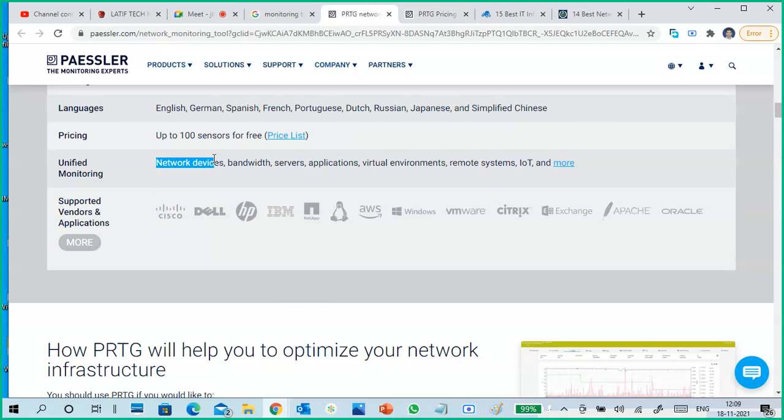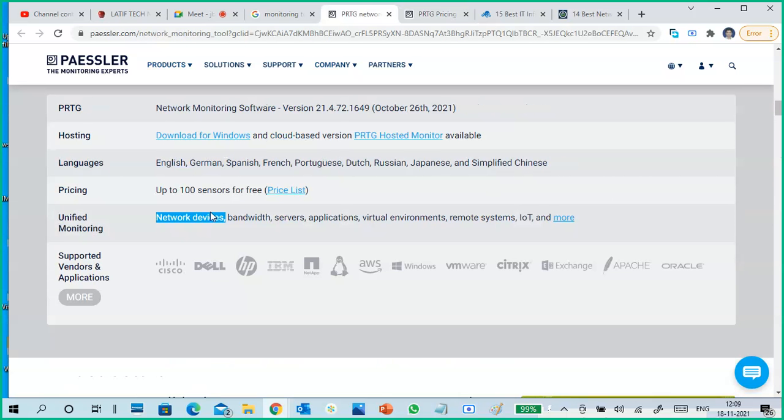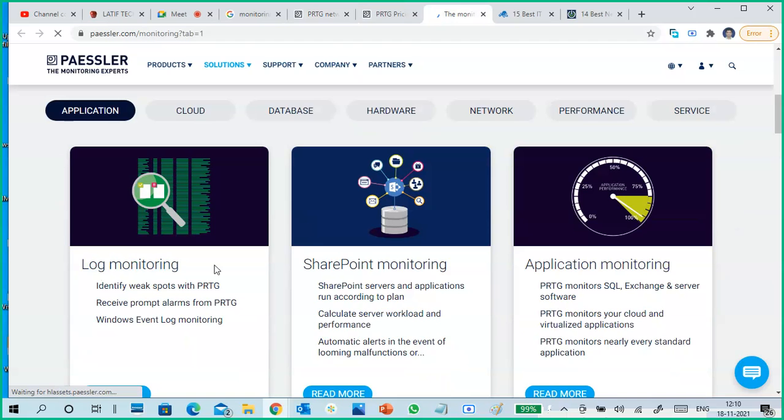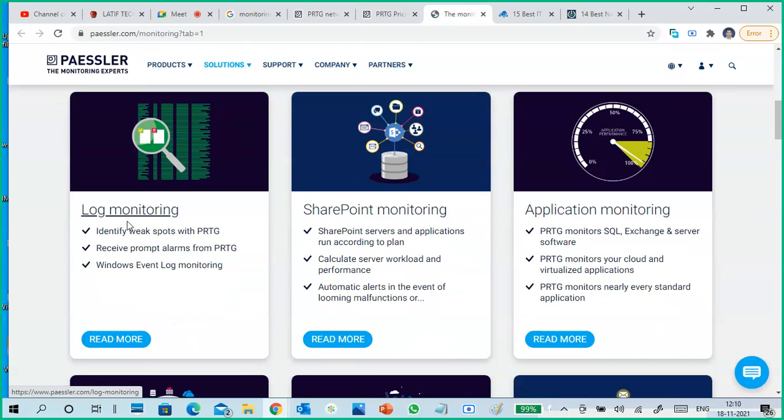Okay, unified monitoring, this is important, what we are monitoring with this software. Unified monitoring covers network devices, bandwidth, servers, applications, virtual machines, remote systems, IoT, and more. Okay, log monitoring. What is log monitoring?